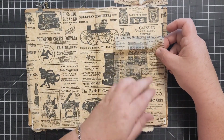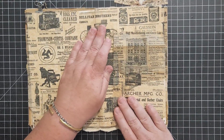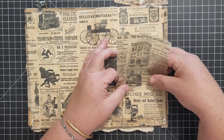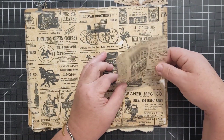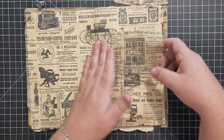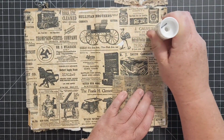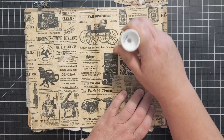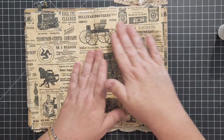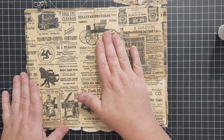Get that kind of straight there. Well, it's not very, but let's see. Uh-oh. There we go. We'll have a little wrinkle there. Okay. There. There. All right, so